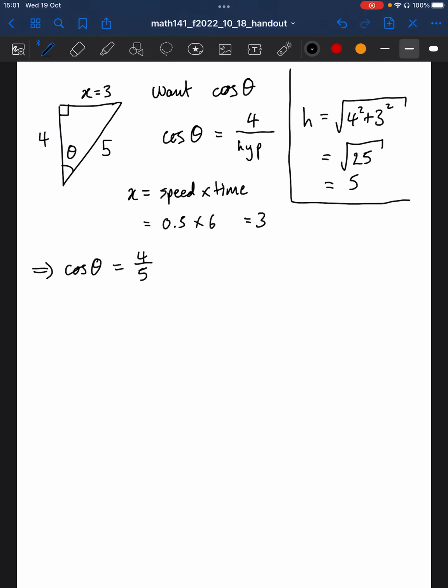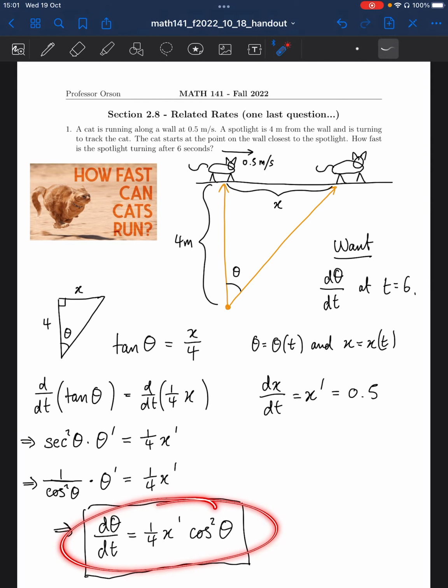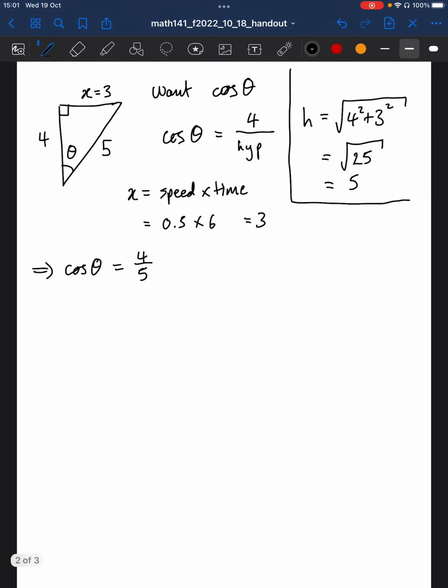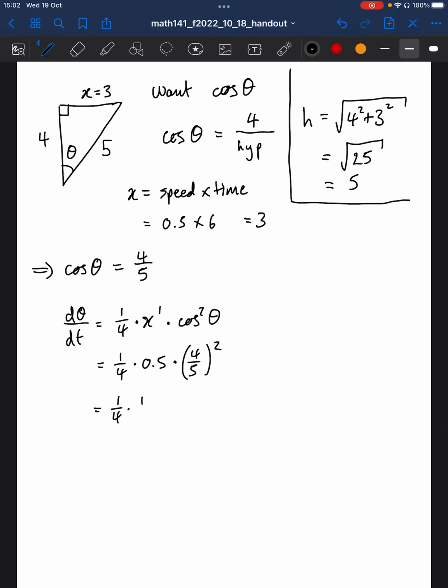Okay, and now I want to sub it back in to my equation. I've got all the pieces now. So my equation is d theta by dt is 1/4 times x prime times cosine squared theta. So putting it all together, that's 1/4 times 0.5 times 4/5 squared. So that's 1/4 times 1/2 times 16 over 25. So I guess I should divide through by 8, and I'm going to get 2 over 25. So final answer, d theta by dt